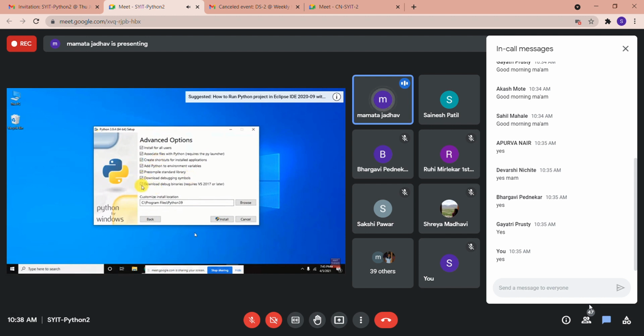You can select the necessary options and click on install, then it will start getting installed.